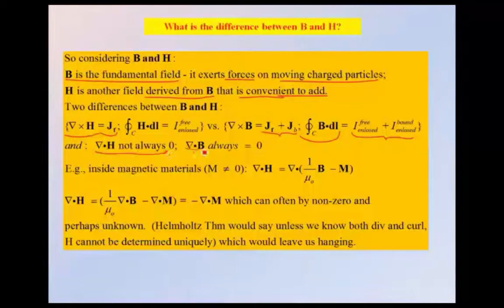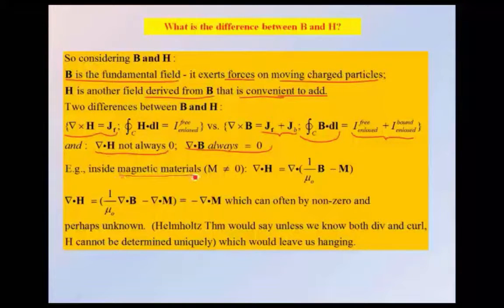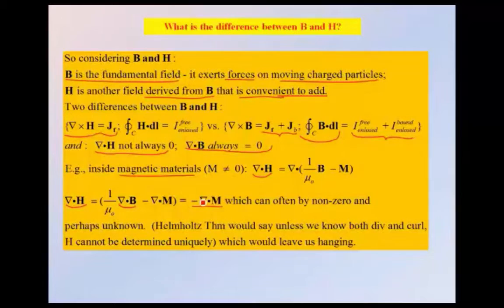Whereas we know that del dot B is always 0 because there are no magnetic monopoles. For example, inside magnetic materials, where M is unequal to 0, if you write down the divergence of H, which is right here, this is the definition of H, and commute the divergence operator, you still have the divergence of H here, but look, you've got the divergence of B, which is equal to 0, minus this quantity here. Well, that equals this divergence, and is often non-zero, so we have a divergence of H perhaps, and it's common